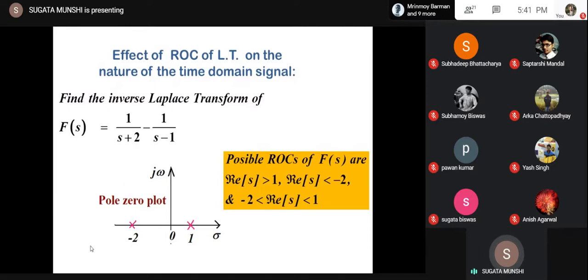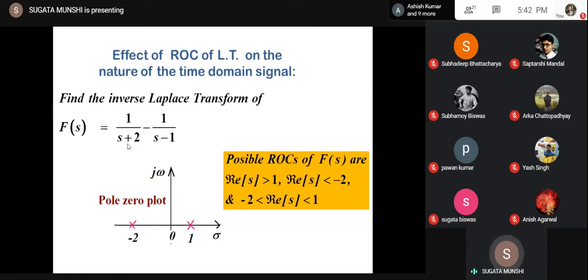So you may come across an MCQ. If you just convert it as a rational function, what will be the numerator and what will be the denominator? In the numerator, you will have s minus 1 minus s minus 2, that means minus 3 in the numerator. And in the denominator, a square term will be there, then 2s minus s, that means an s term will be there: s square plus s plus 2.